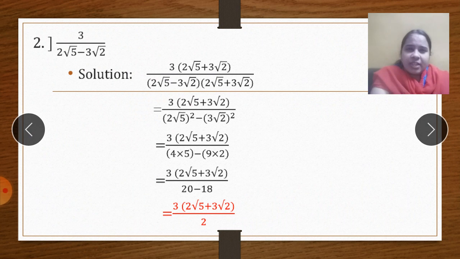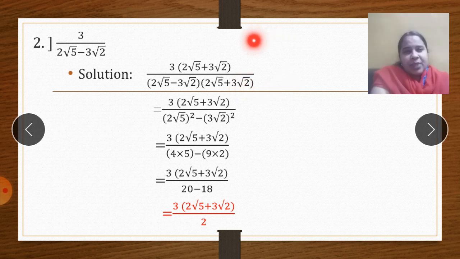Look at the second sum. Exactly the same. I am not going to tell you anything different. The only thing is that here these numbers will keep on changing. Question is this. Now first step is what? I have to multiply the denominator with its conjugate pair. Now this is 2 root 5 minus 3 root 2. Right? What will be its conjugate pair? Exactly the same numbers, 2 root 5 and 3 root 2. But since in the question it was with a minus sign, now I will take a plus sign. That will be its conjugate pair.